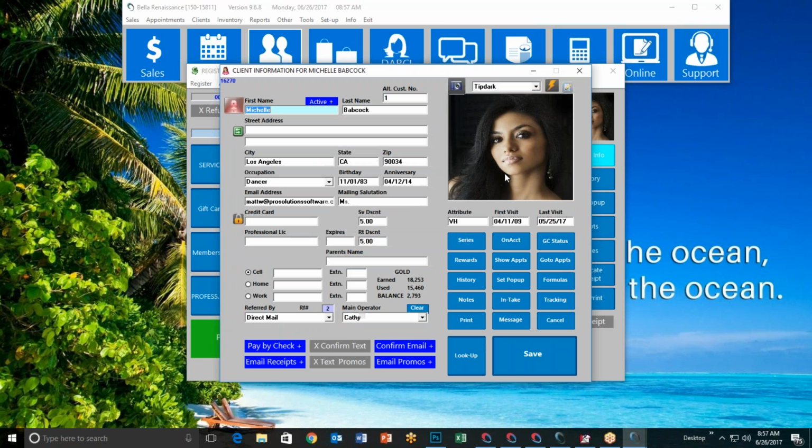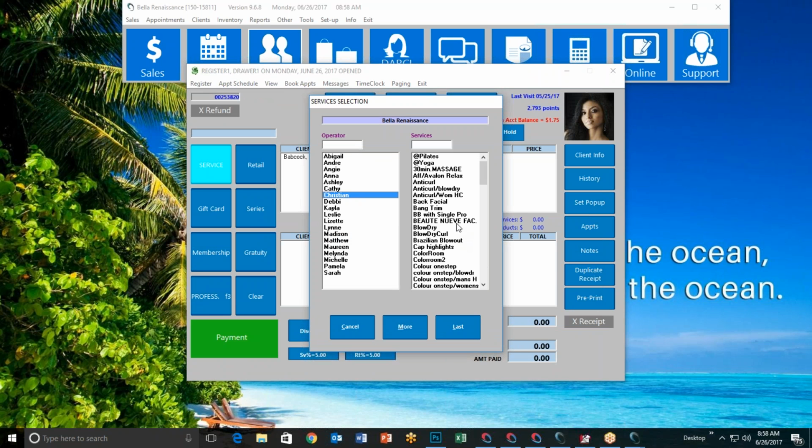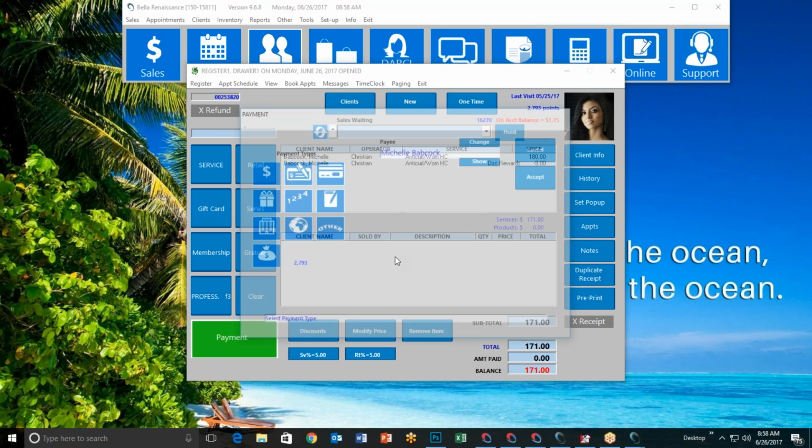If I were to go into her client information for any reason, I can also see that she's a gold member. She's earned 253 points. She's used 15,460 of them, and she has a balance of 2,793. How do points work? Well, she saw Christian, she got an Anticro with blow dry, and we're going to accept